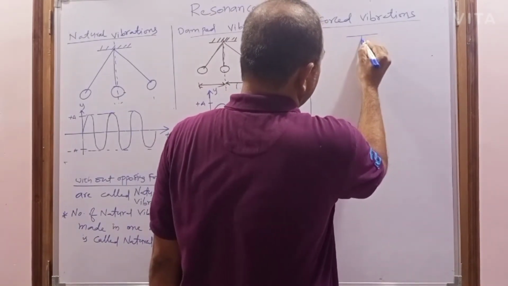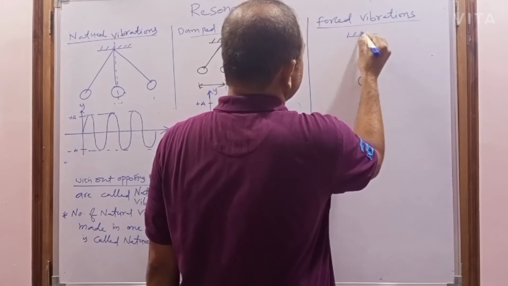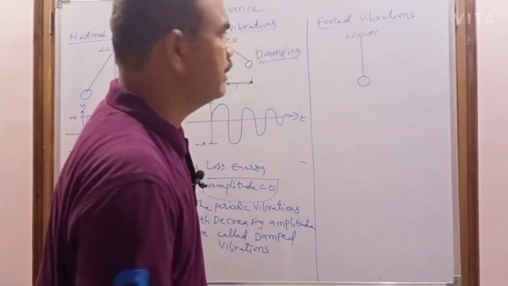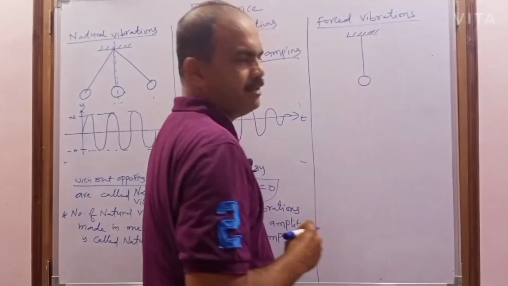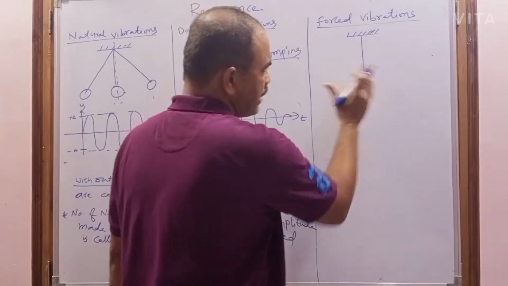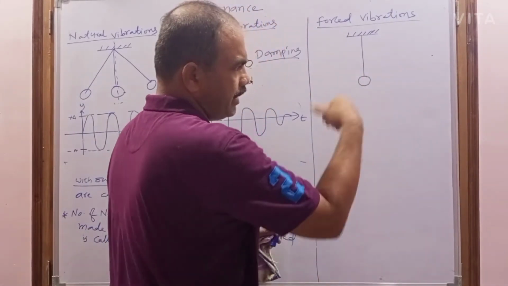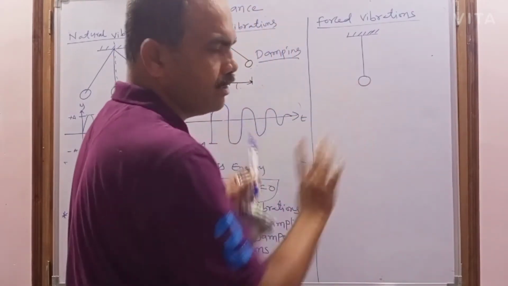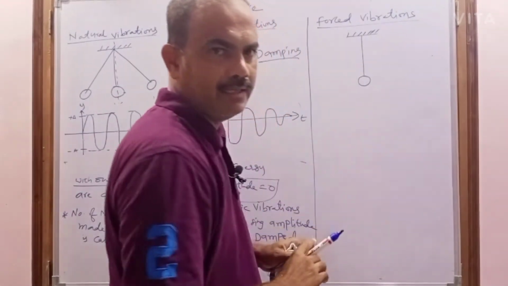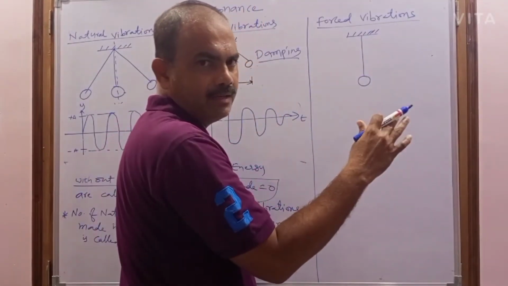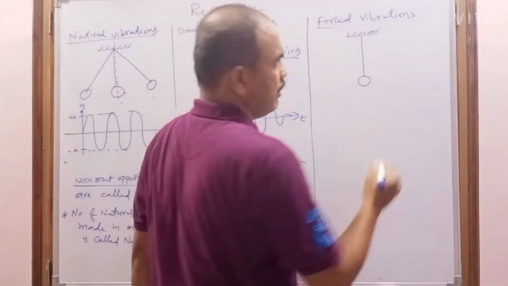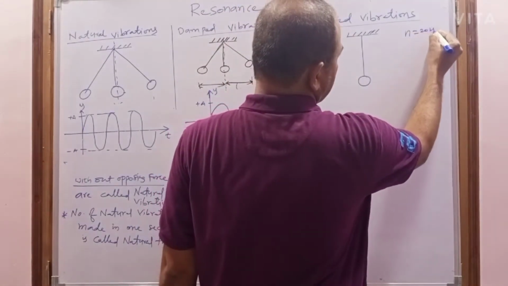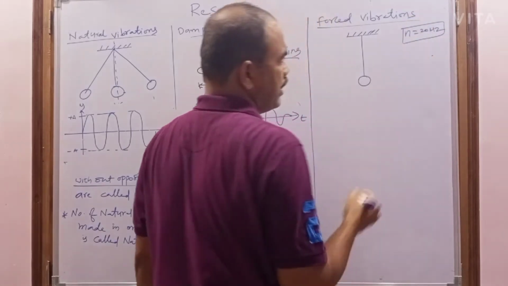For example, consider the same simple pendulum I am taking here, because you are familiar with the simple pendulum from first year. So let us consider this is a simple pendulum of certain length. Now it has some natural frequency. Imagine there is a vacuum, when there is no medium or no air, when it is pulled aside and released. Now consider, for every 1 second it makes some number of vibrations, for example, 20. So the natural frequency will be considered 20 Hz. So this is called the natural frequency of the body.